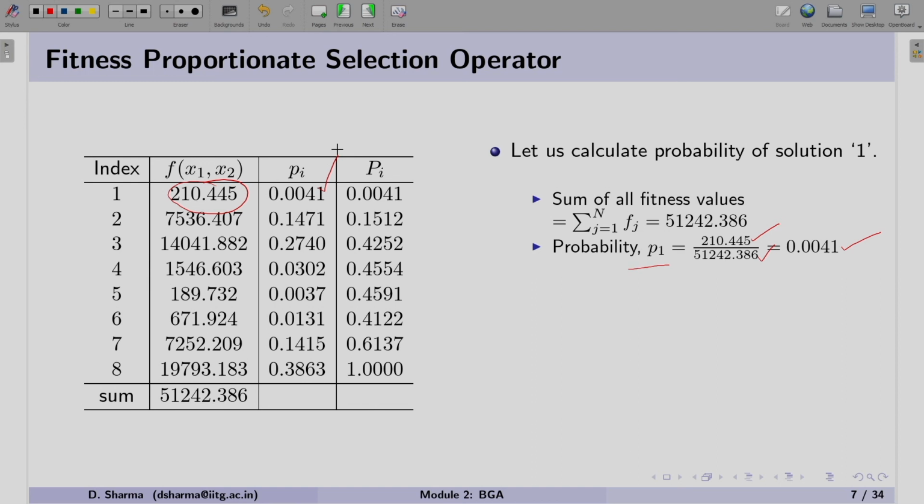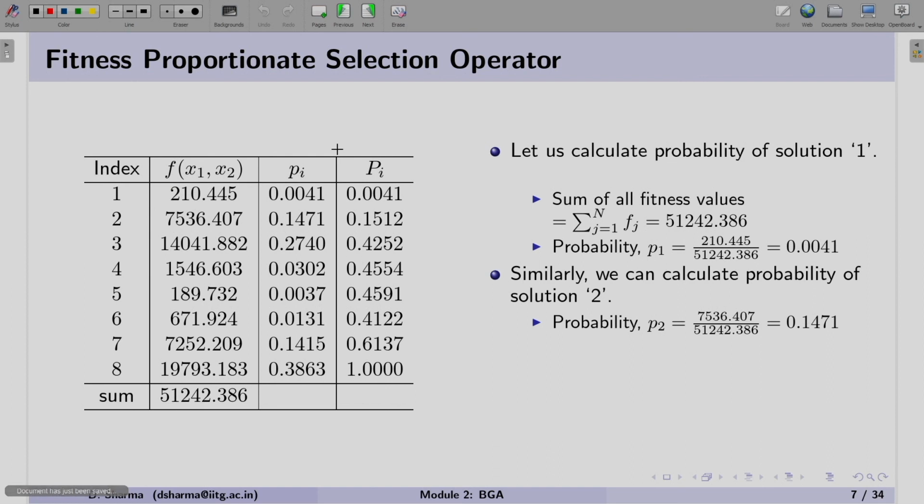Similarly, if we follow the same procedure, we can find the probability of selecting solution 2. In the numerator is the fitness of solution 2, which you can see here, and the denominator is the summation of the fitness. When we find it, the probability is 0.1471.